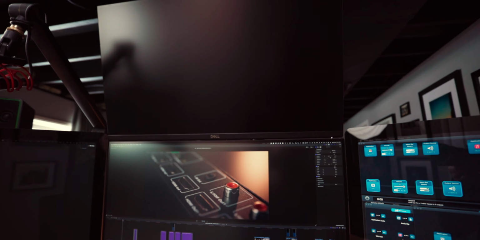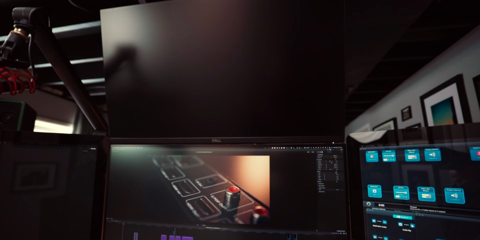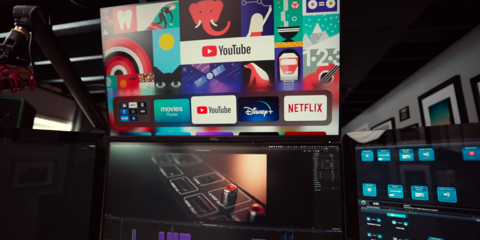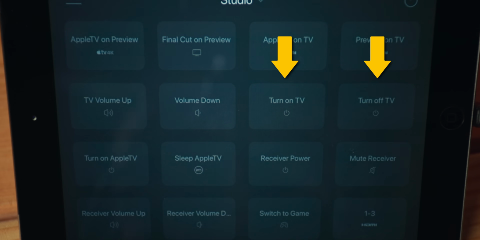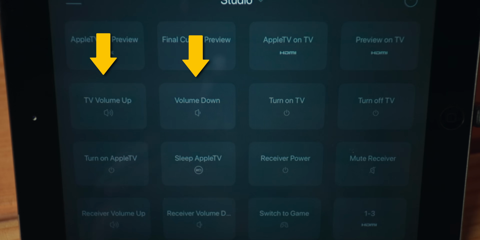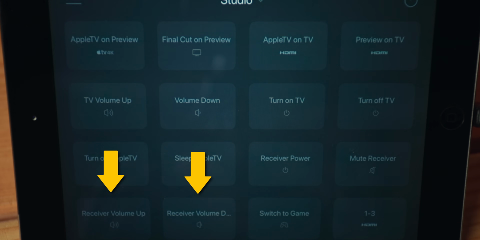So I needed to program the app to control the HDMI matrix as well, because I wanted to very easily be able to switch my preview monitor from Final Cut to my Apple TV. I also wanted to be able to control turning on the Apple TV, putting it to sleep, turning the TV on and off, turning the TV volume up and down, and turning the receiver on and off, its volume up and down, and switching inputs between the Apple TV and eventually an over-the-air antenna and my